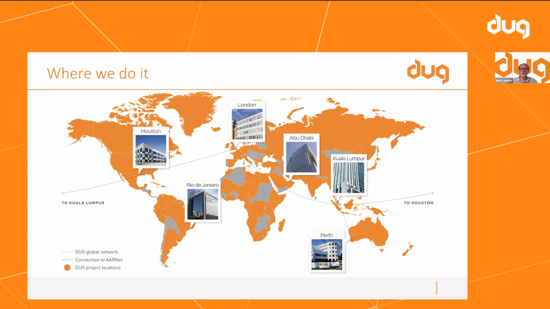So this is the world according to Doug, where orange is where we've completed projects in the past. But the really nice thing about this map is we've now got Abu Dhabi on the map, and that office is flying. The geophysicists that we've got there are very good. Our fit out of our new office is complete. We're just waiting for a little sign off from the authorities before we move in. So I think we're expected to move the week after next. So very exciting times in Abu Dhabi.